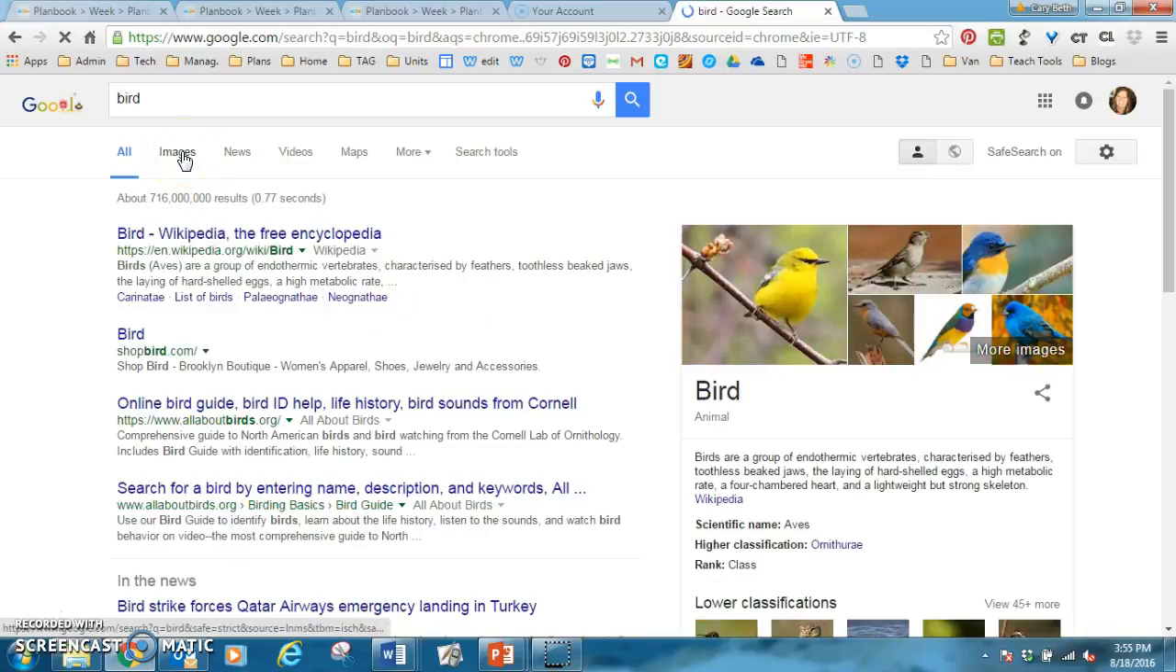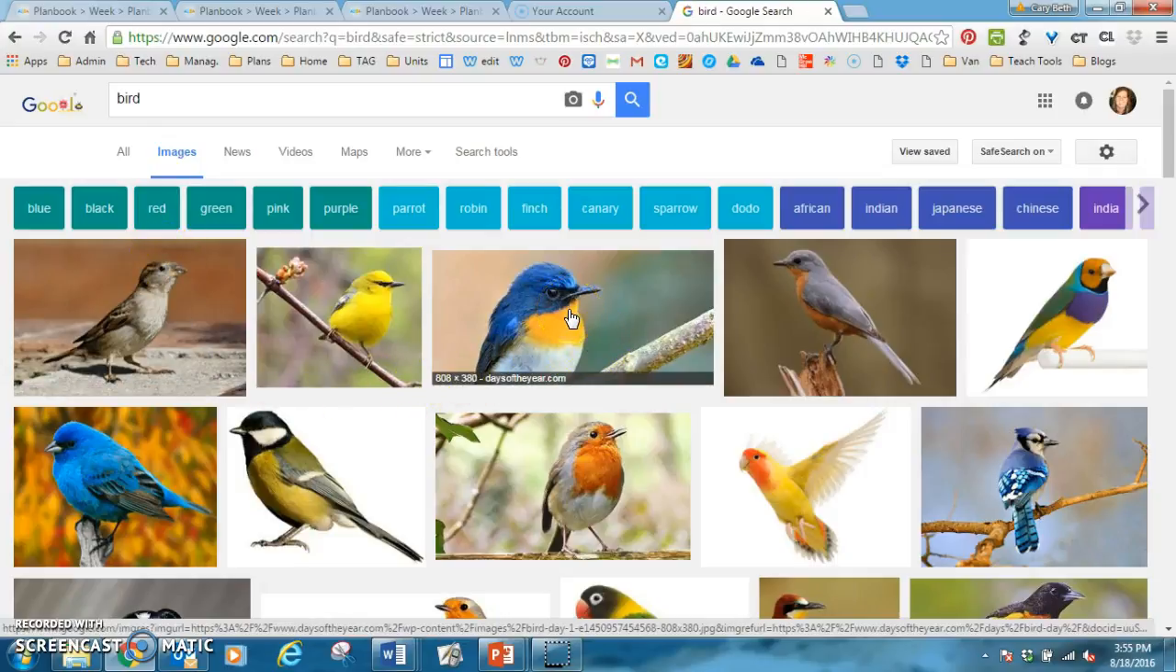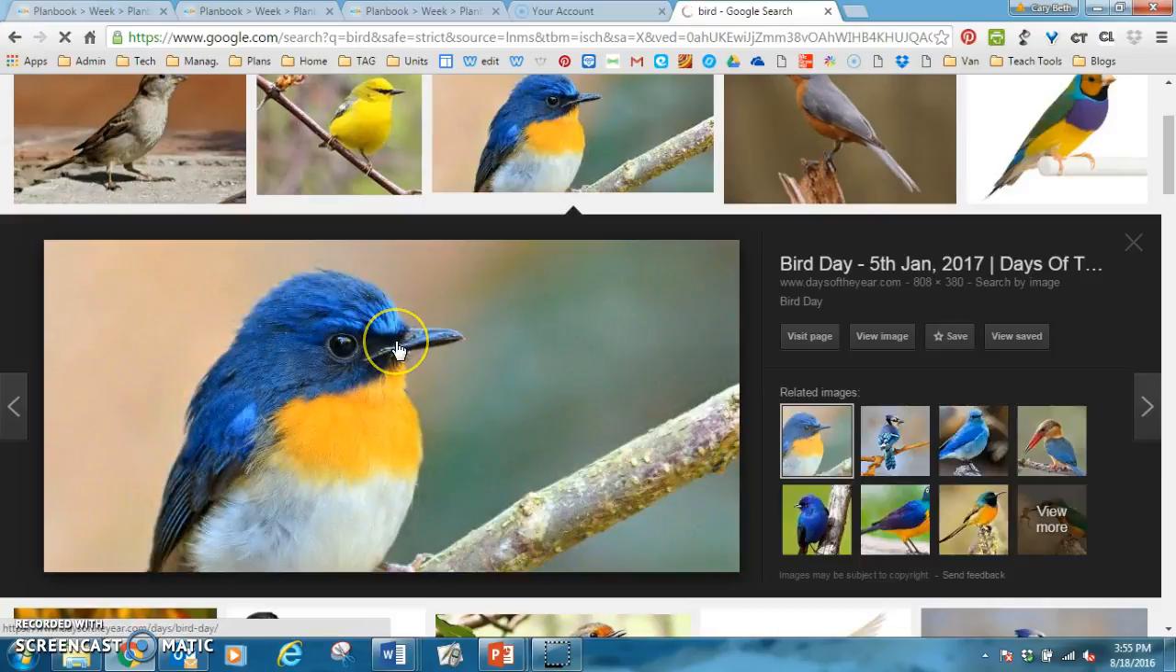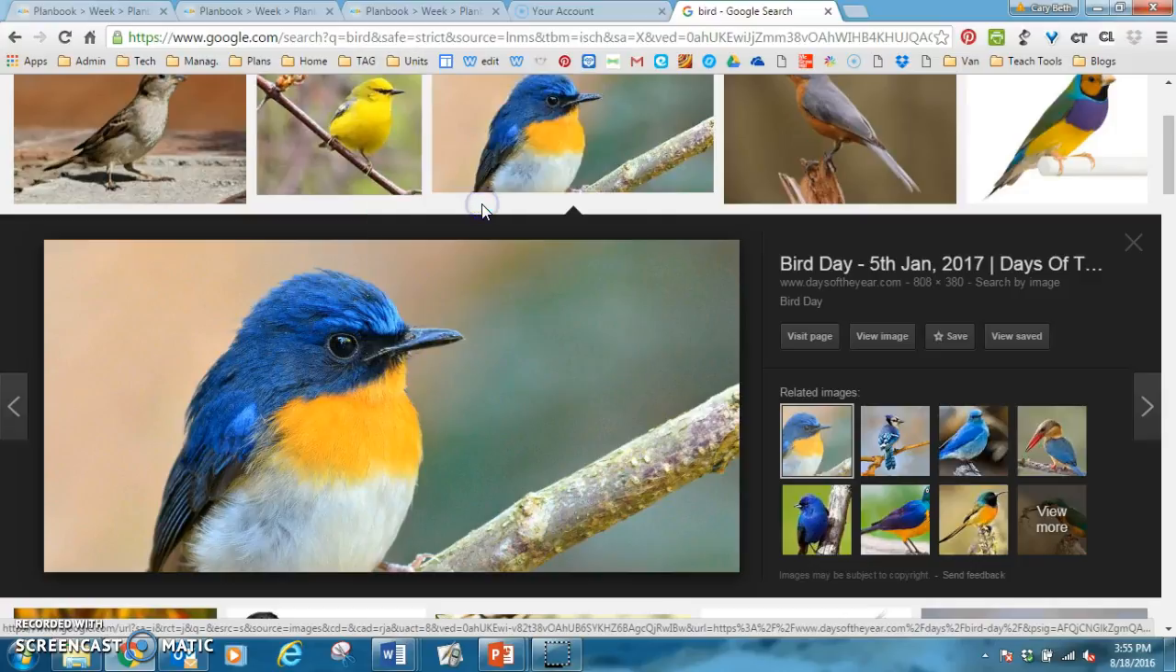And usually image search is better. Alright, I like this guy right here. You're going to right click on your mouse, and that brings up copy image. So you're going to copy that image,